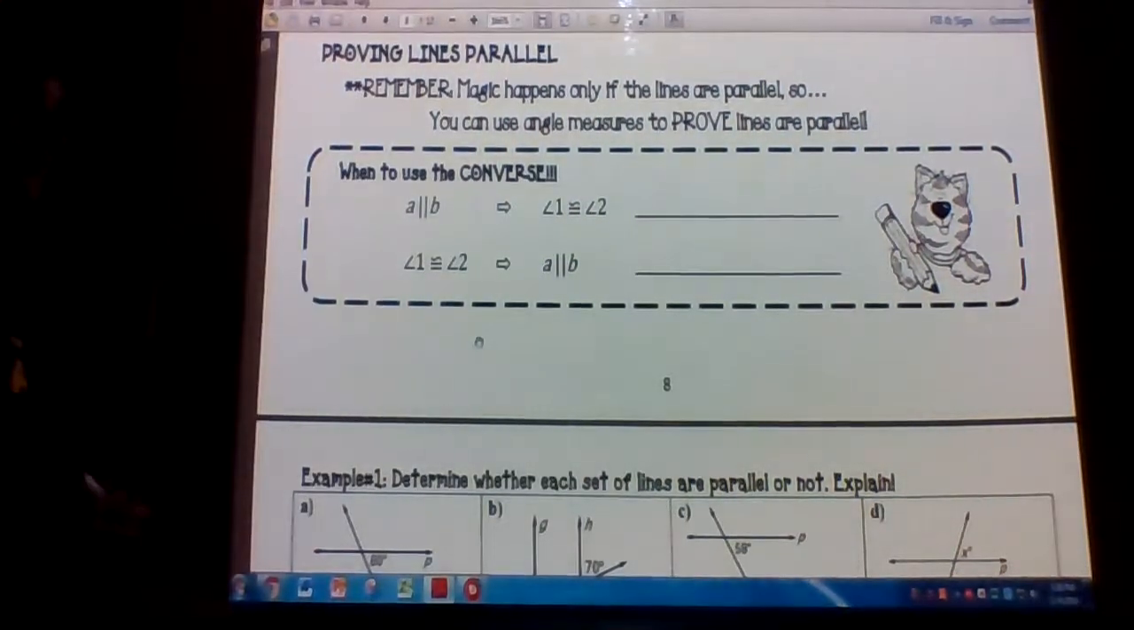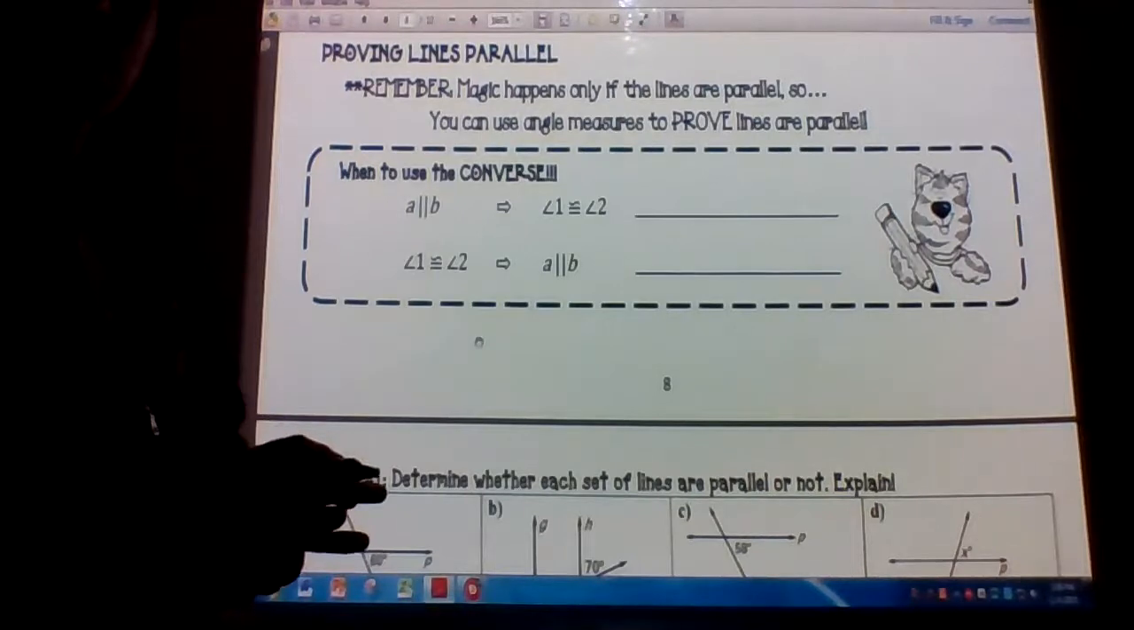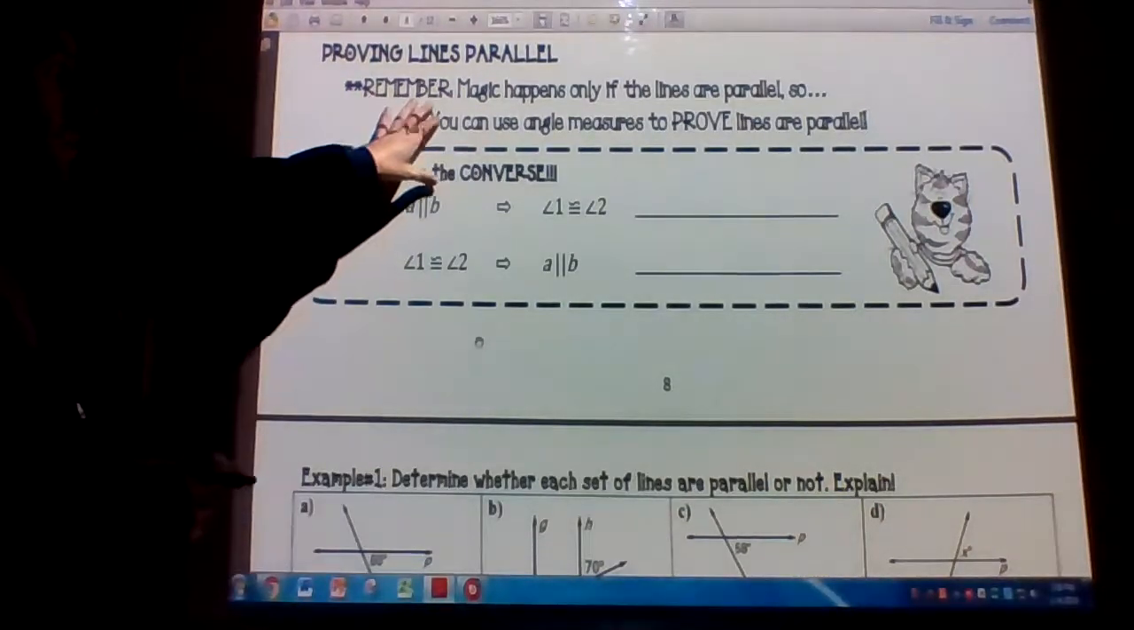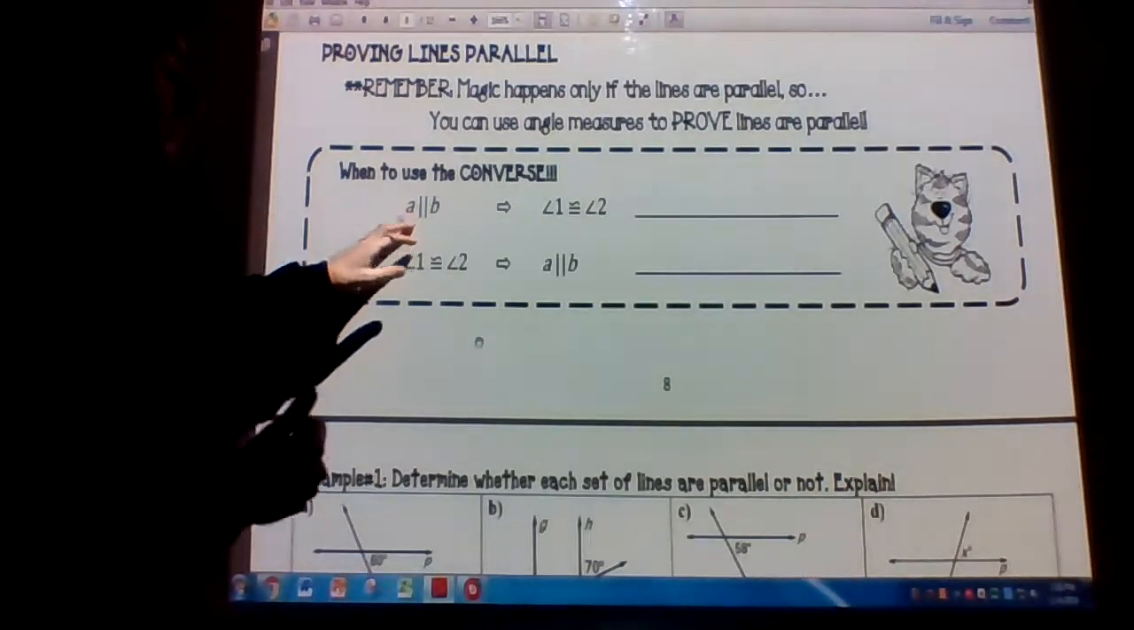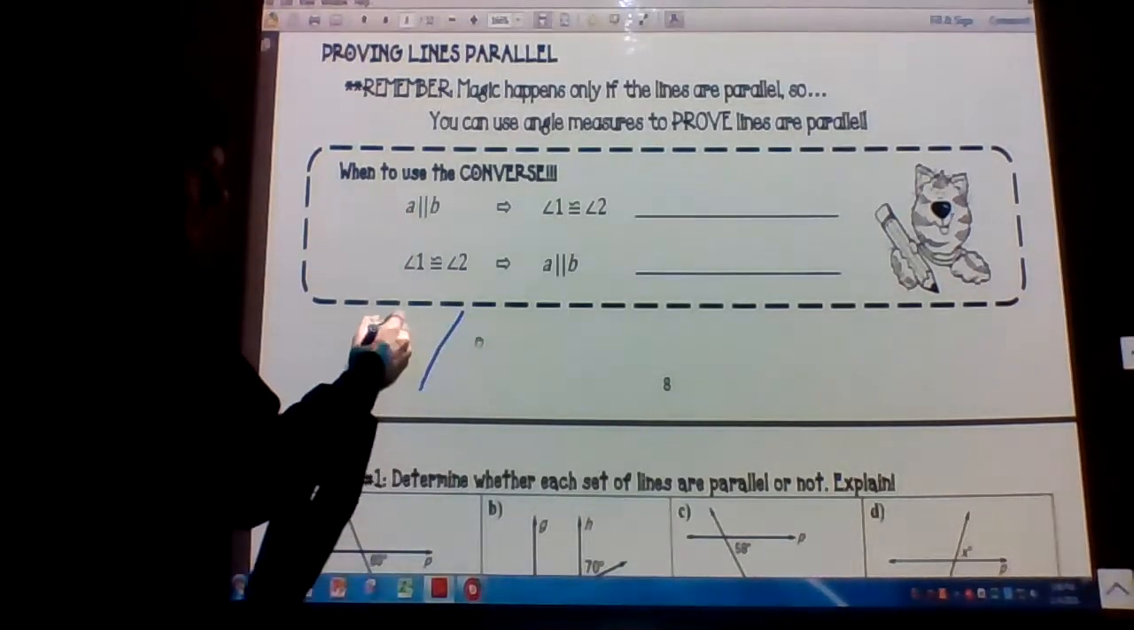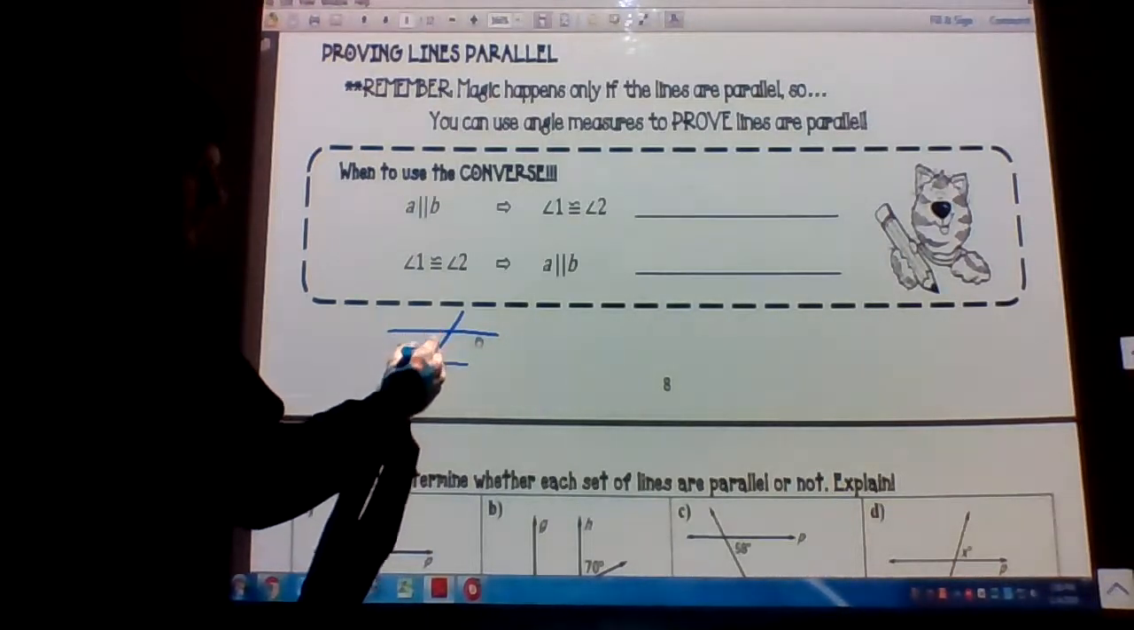Our last section for this unit is the converse theorem. So we're proving that lines are parallel using the converse theorem. Maybe I'll put up a little something else going over each of those theorems. But the idea here is if we have alternate interior angles, 1 and 2,